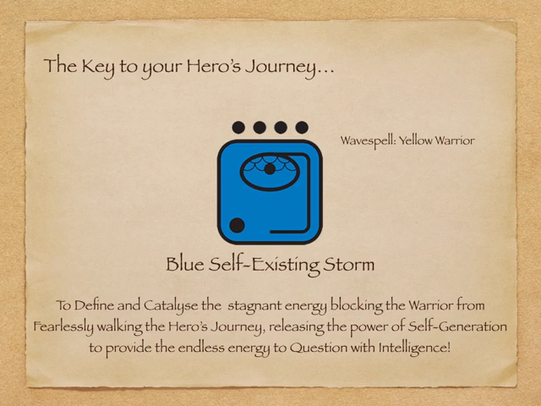And so this is a statement that has come to me that I was able to create due to my exploration of what a blue storm is, seeing the self-existing tone in many different forms, seeing the blue storm in all its different forms, and experiencing the Yellow Warrior wave spell, not just through my own life, but through when the wave spell came and I actually was tracking the days. I'd start seeing the similarities between the day's energy, my energy, and those of the people sharing it. And as you go, you start to be able to discern the truth for yourself using your own heart intelligence.